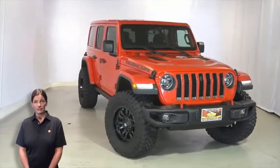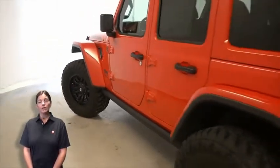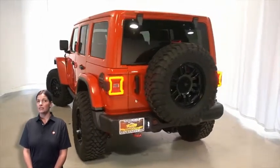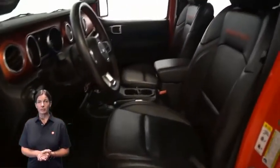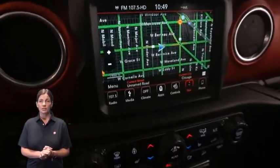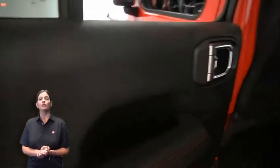With LED reflector headlamps, front LED fog lamps, 17-inch aluminum wheels, body color 3-piece hardtop, LED tail lamps, steel rear bumper, heated front seats, heated steering wheel, 27,000 miles on the odometer, 8.4-inch touchscreen display, navigation, rear backup camera, Alpine Premium audio system, Rock Track HD part-time 4-wheel drive system, rear 60/40 folding seats, 2.0-liter turbocharged 4-cylinder engine, and so